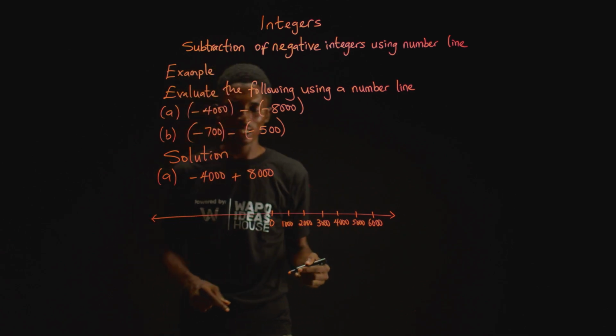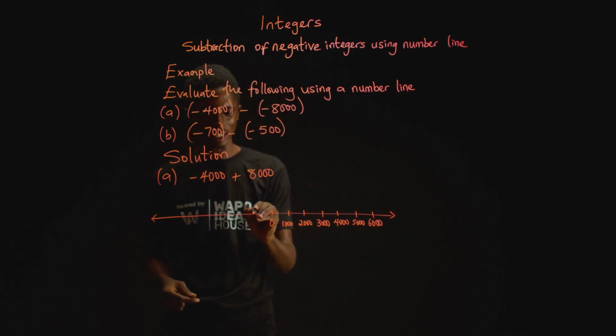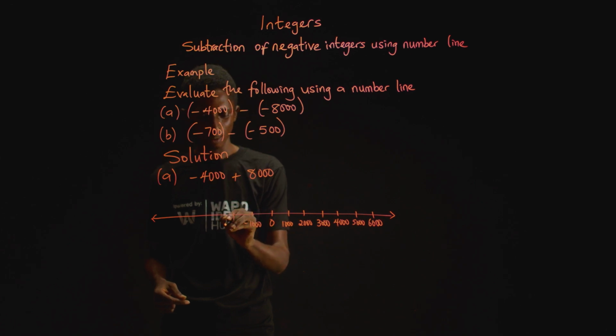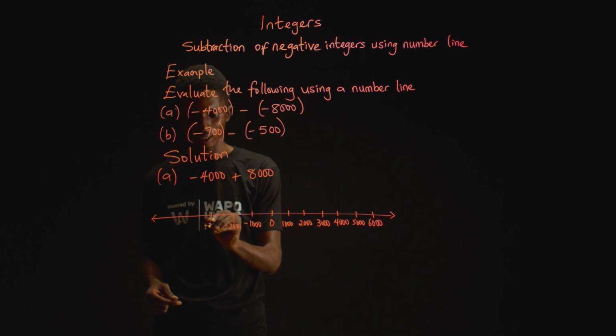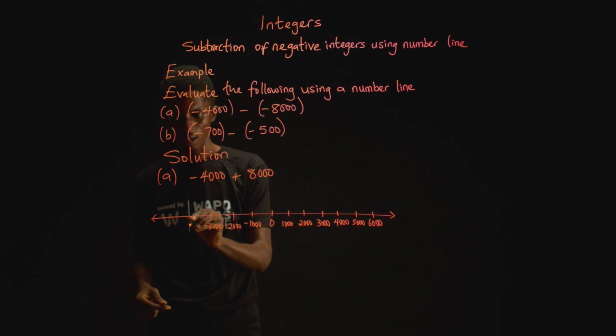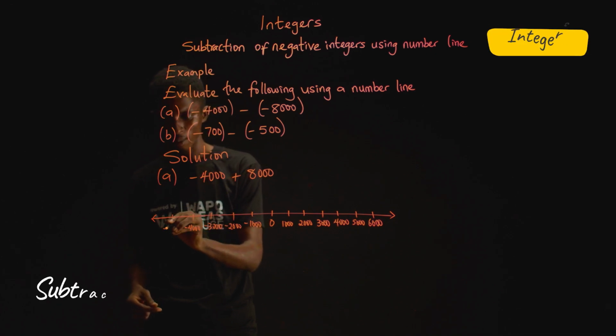And then to the left we have our negative integers minus 1,000, minus 2,000, minus 3,000, minus 4,000, minus